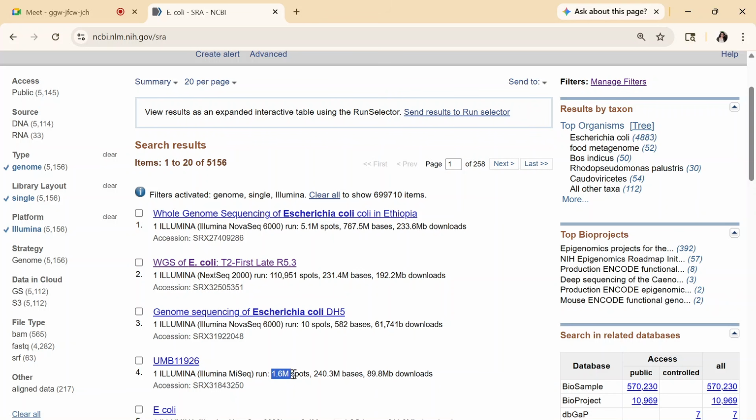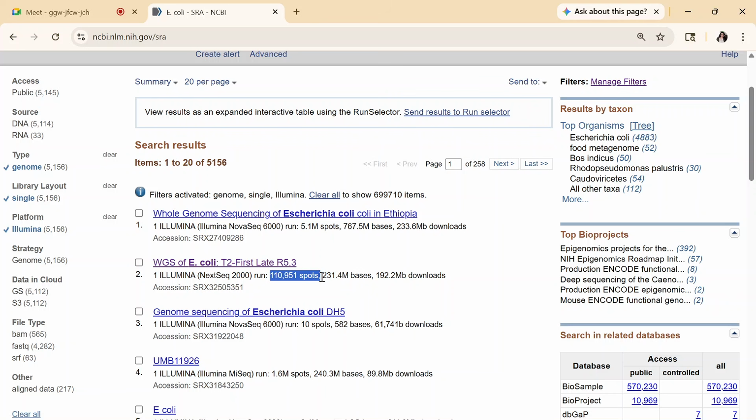Here, we have to look at the spots. What is it written here? Spots. So these are the two files that we are seeing that are very low in size. Here, the spots are around 1 lakh, and here the spots are 1.6 million. Now what are these spots? The reads.